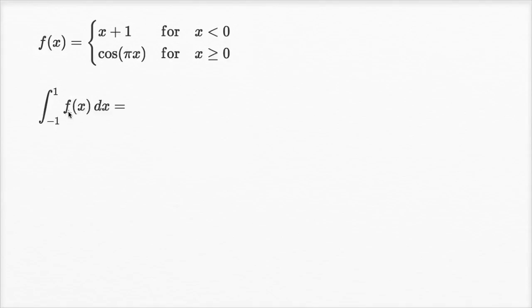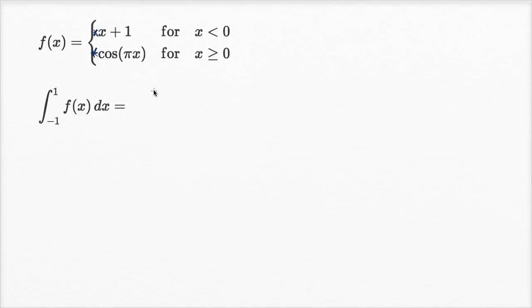And you might immediately say, well, which of these versions of f of x am I going to take the antiderivative from? Because from -1 to 0, I would think about x plus 1, but then from 0 to 1, I would think about cosine pi x. And if you were thinking that, you're thinking in the right direction. And the way that we can make this a little bit more straightforward is to actually split up this definite